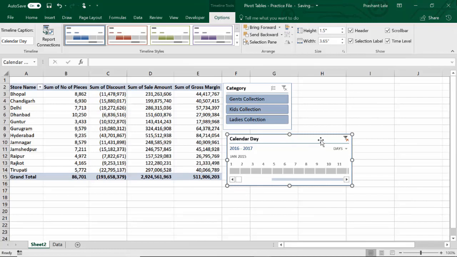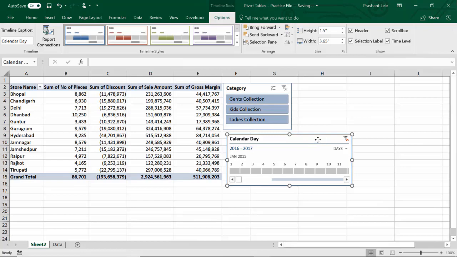Now the most important and very useful feature of slicer is that your slicer can control more than one pivot table. In case of filters, a filter controls only one pivot table with which it is attached, but you can attach your slicers with multiple pivot tables.